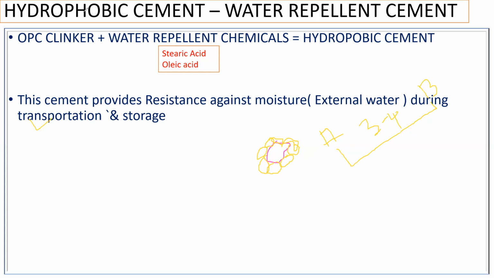And if you're not making use of hydrophobic cement, what will happen? The moment the water comes in contact with it, it's going to start a reaction. But I want this transportation to happen. That is, I want my truckload of cement bags to reach from destination A to destination B. So in that case I can make use of this hydrophobic cement again. Even if the water tries to go into the cement, these water repellent chemicals will again form a protective layer, and they will not allow the hydration of the cement to happen, right?